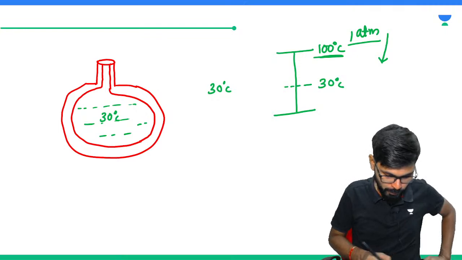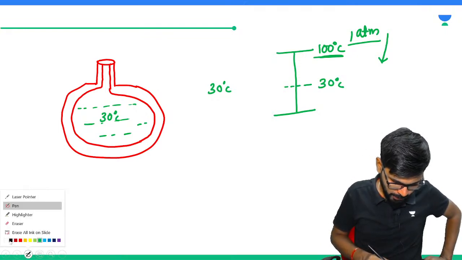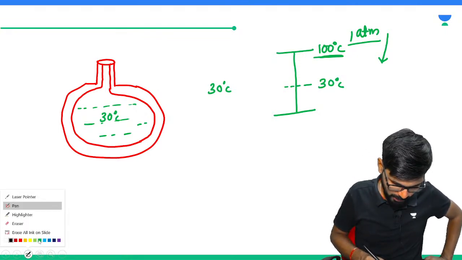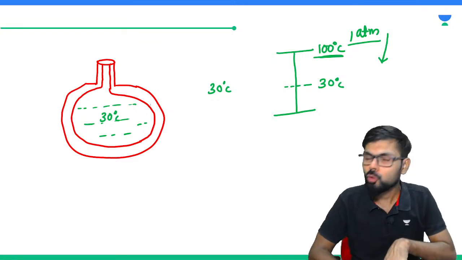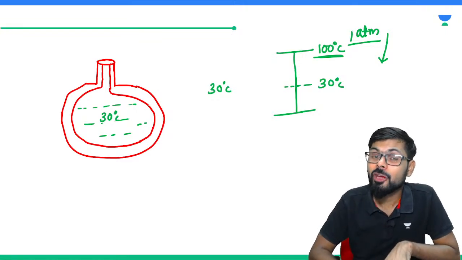Okay, now listen here, everyone. Now what is going to happen, sir? Here what is going to happen? Now you know that this earthen pot is made of